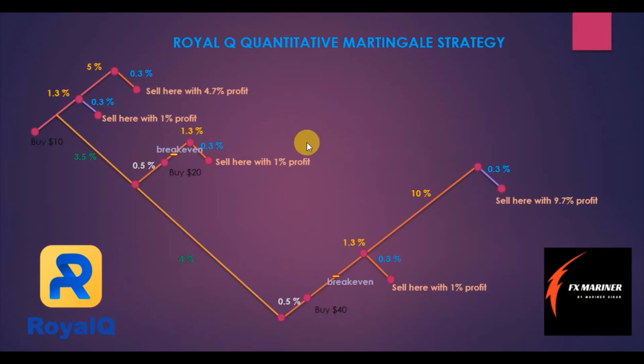As long as you buy something and you can hold it for the next bull run, there's no problem with that. You can hold it, and you are not going to lose anything. So I think crypto trading is the best platform where you can use the martingale strategy. So that's why this Royal Cube crypto trading is becoming very popular in the coming days, right?